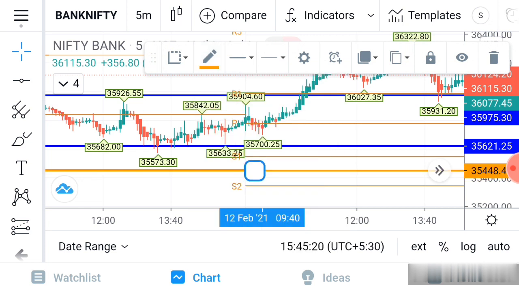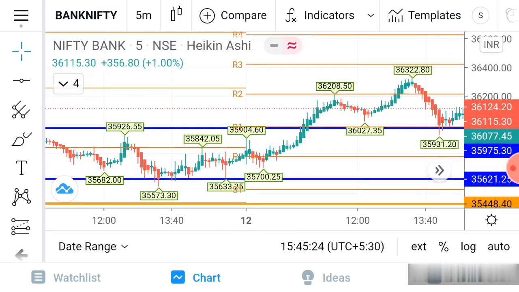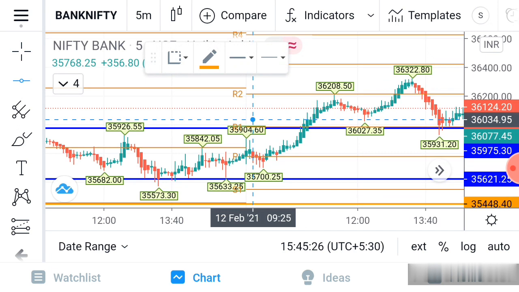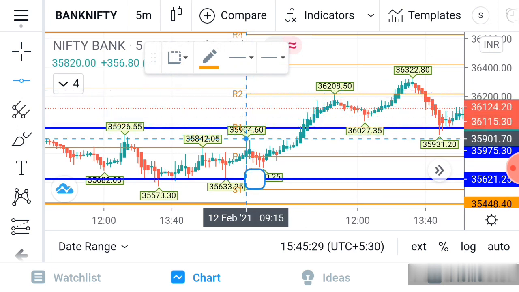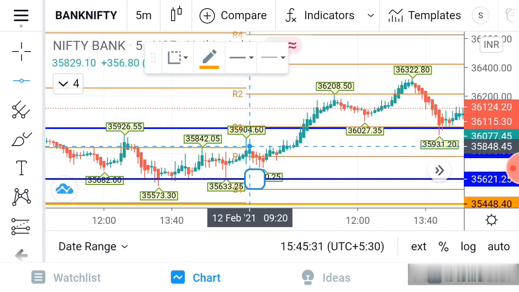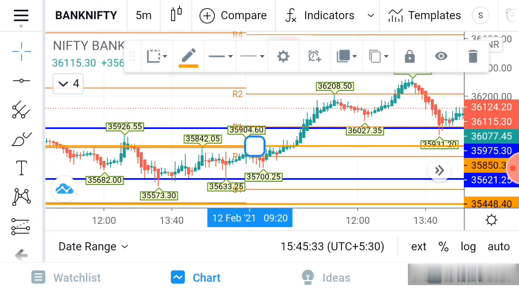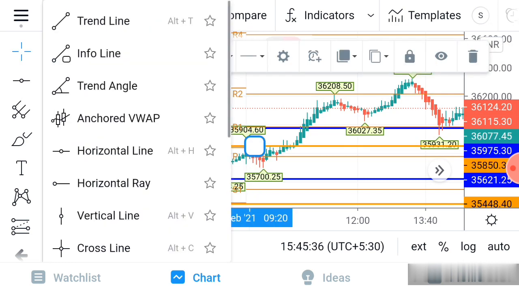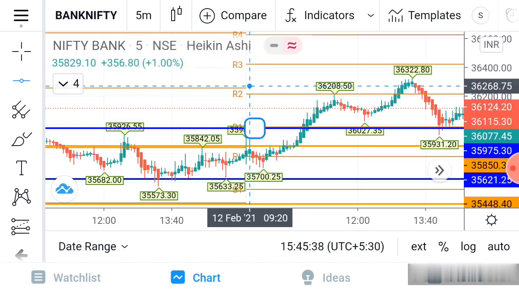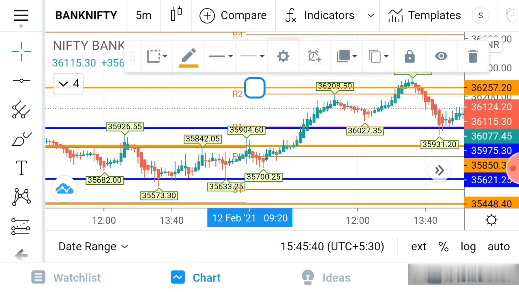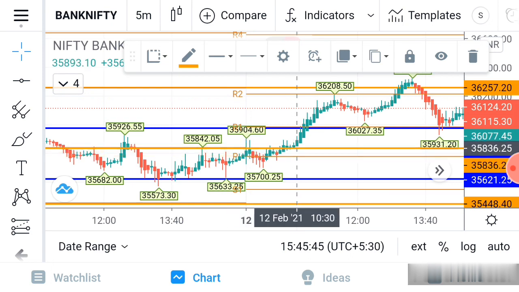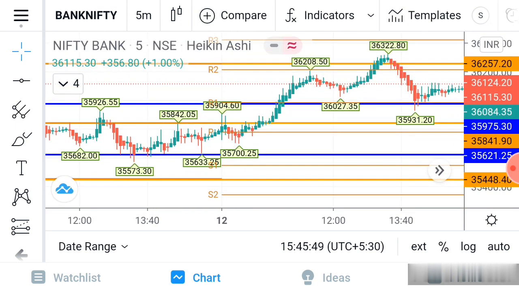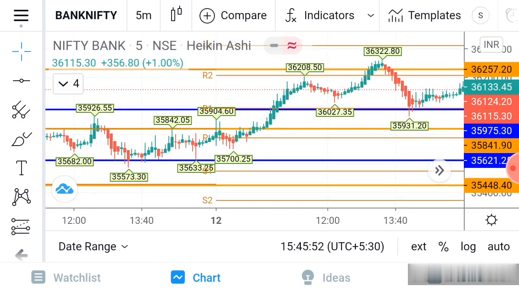This is the previous day support, and again we have to identify whether any other support is there or not. Here also, this area, you can see there is a previous day support. This also we have to mark, and the same way, here also we have the previous day. Now you can see the 11th support, everything I have marked for 12th.